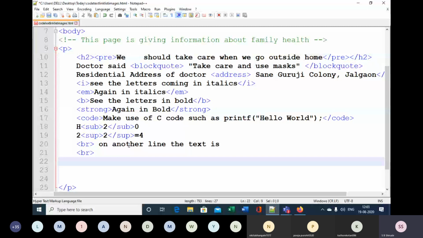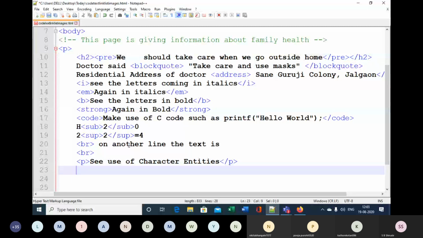And here just insert some text, such as, suppose I wish ampersand AMP, I wish and pray to God for happiness.